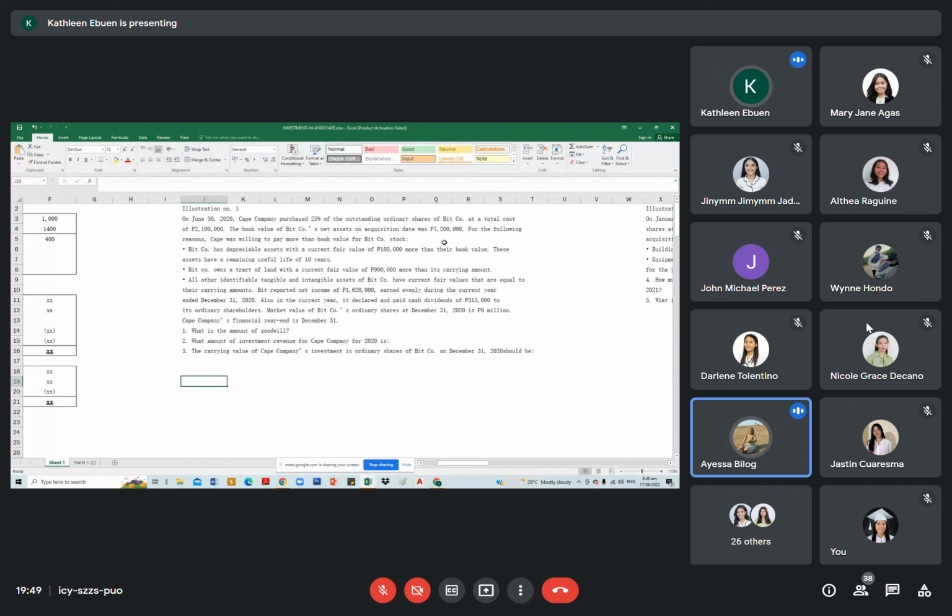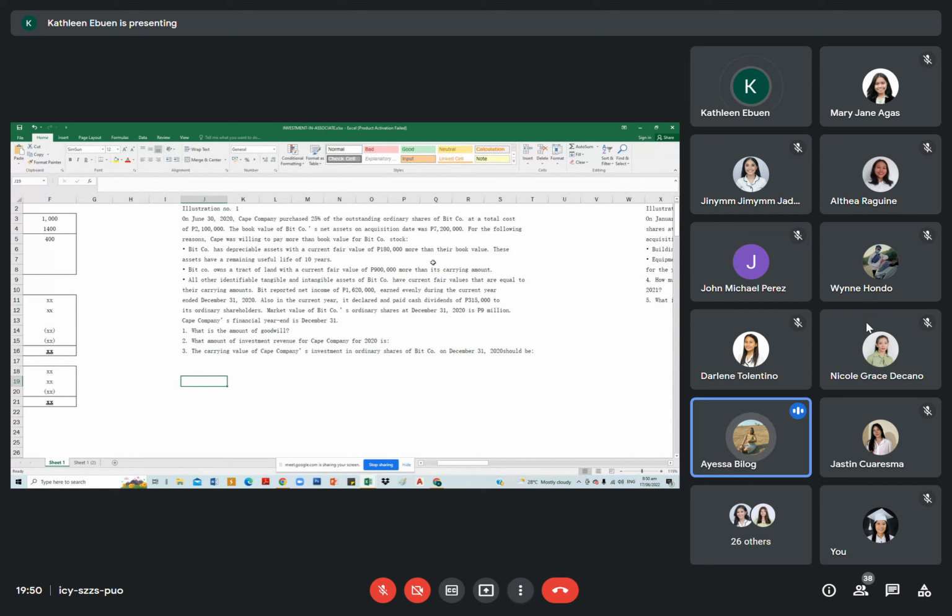depreciable assets with a current fair value of 180,000 more than their book value. These assets have a remaining useful life of 10 years. Bit Company owns a tract of land with a current fair value of 900,000 more than its carrying amount. All other identifiable tangible and intangible assets of Bit Company have current fair values that are equal to their carrying